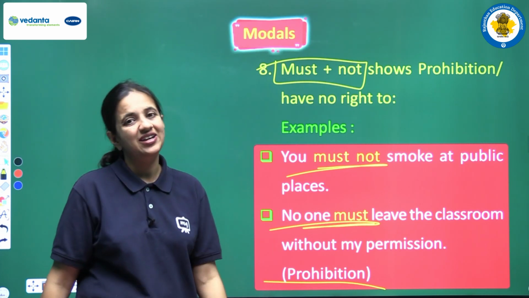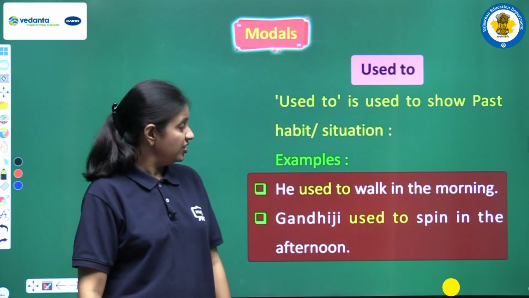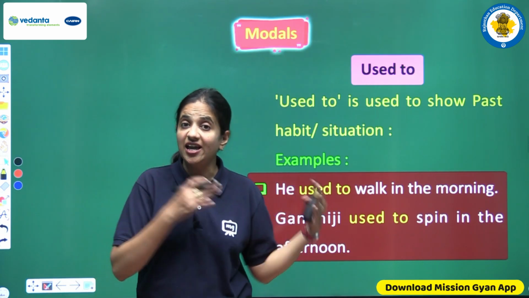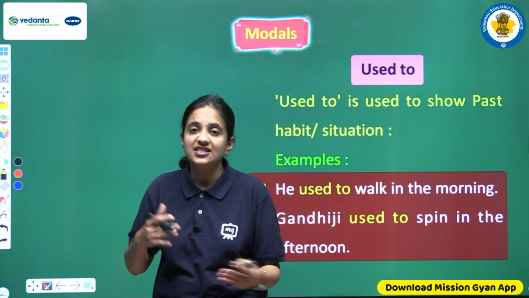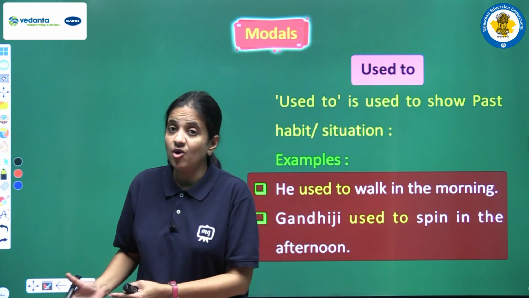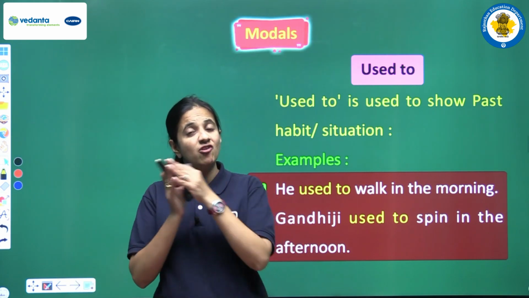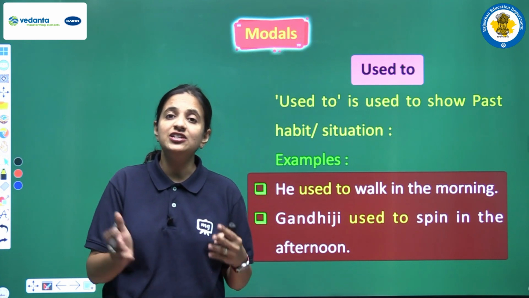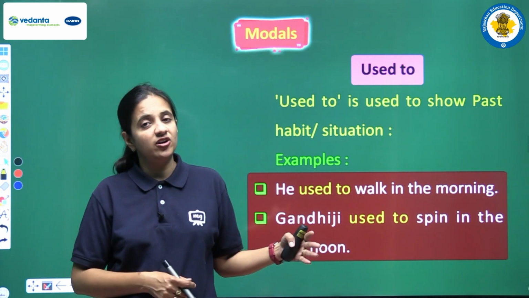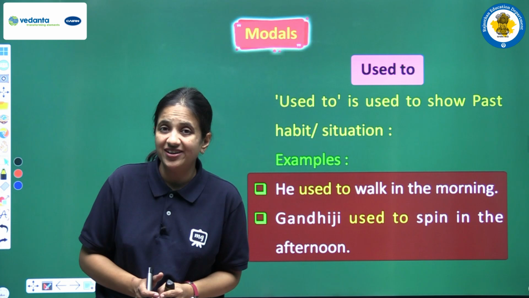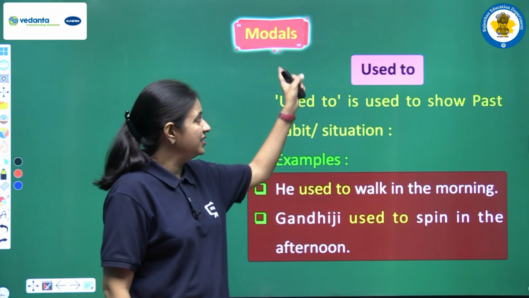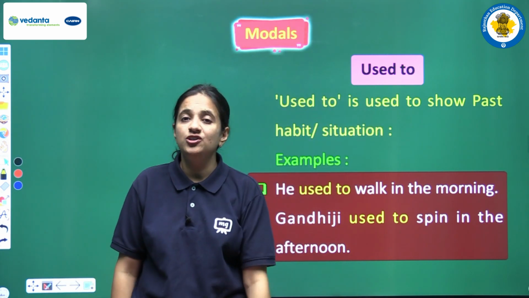Moving on, we have our next model. So students, till now we have discussed 10 models that are in the category known as the major models, right? The major models, the main models, are 10 models that we have already discussed. Now we have 3 models, and these 3 models are called semi models. So in this category the first model is used to.